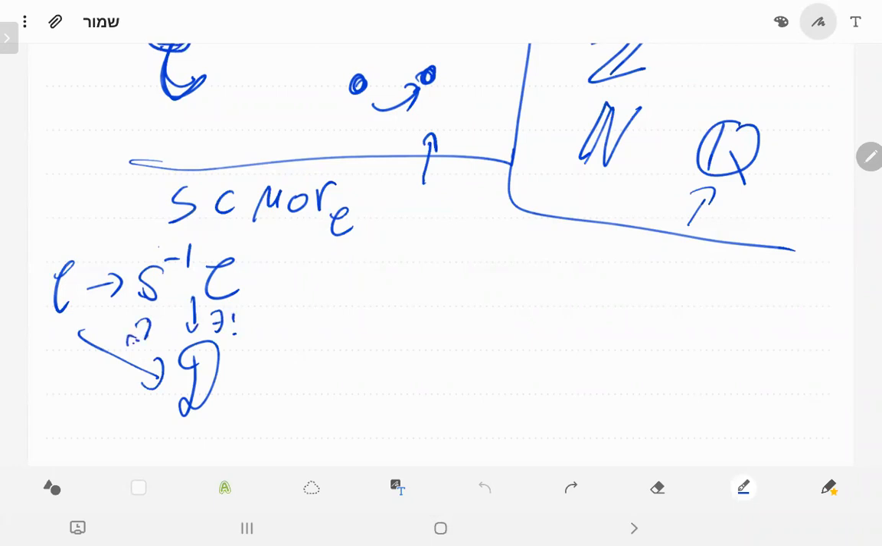But of course, I have some problems, because for a diagram of categories to be commutative, I need to explain what it means. It means that